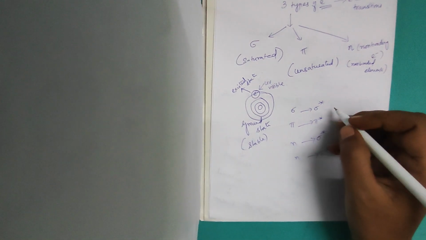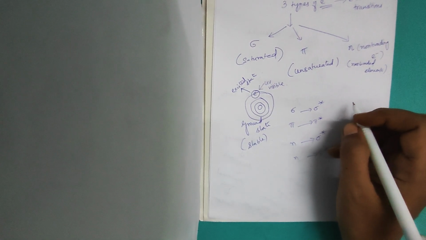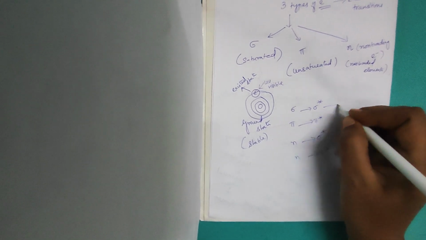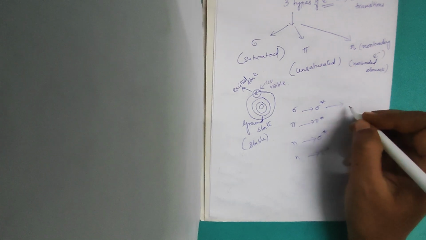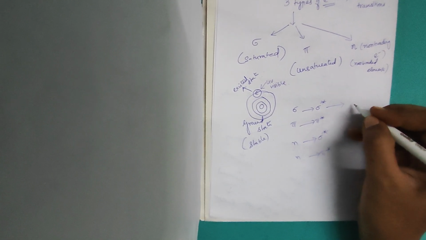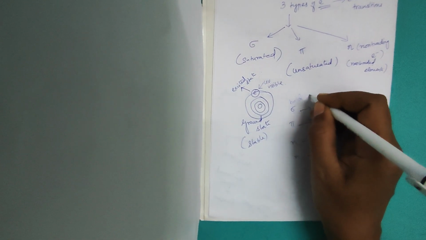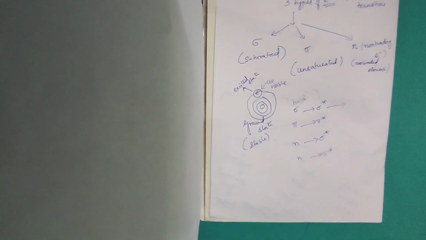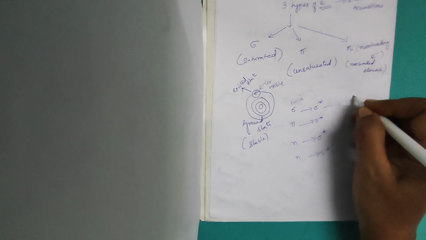So coming to the sigma to sigma star transition, in this type of transition, the electron in a molecule moves from your bonding sigma electron to its anti-bonding